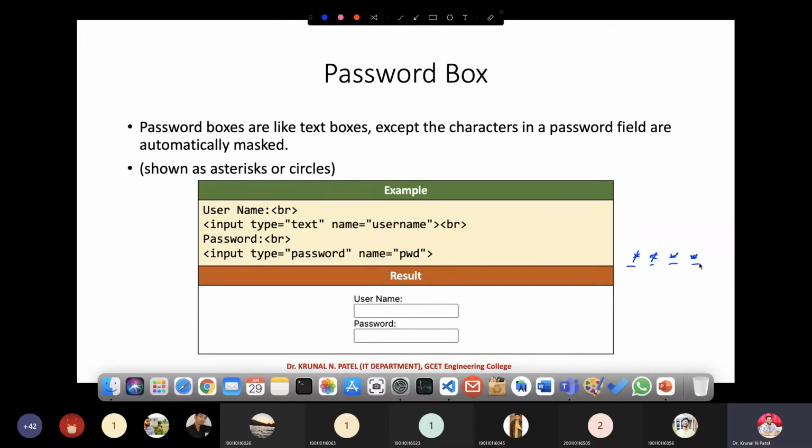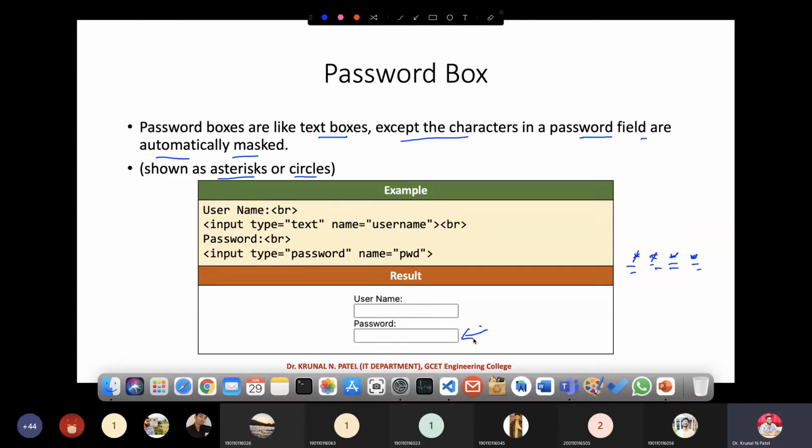Password boxes are like a text box, except the characters in a password field are automatically masked. Masked means it is shown as an asterisk or a circle, so you are not able to see the actual text. Whenever you want to take input in password form and hide it from the user's visibility, you go for the password type.